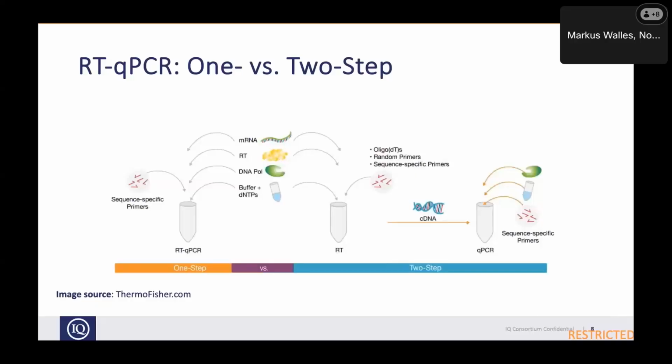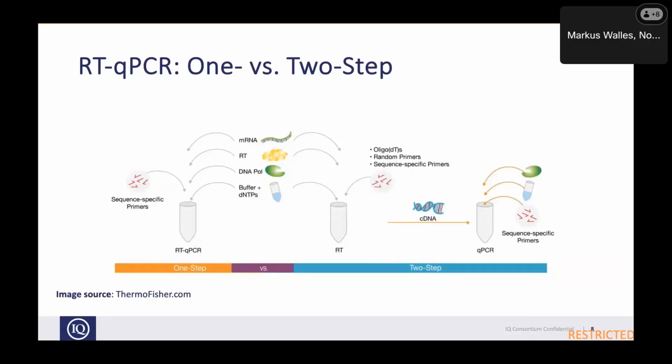But the main focus of this webinar section is, of course, the RT-qPCR. So this is the reverse transcriptase quantitative polymerase chain reaction, and it enables the detection and quantification of the mRNA. So in this reaction, the mRNA transcripts can be detected in a very sensitive manner, taking advantage of the sensitivity